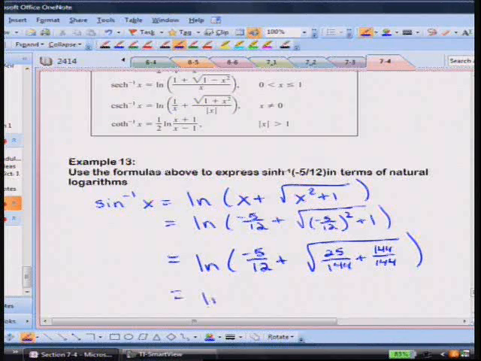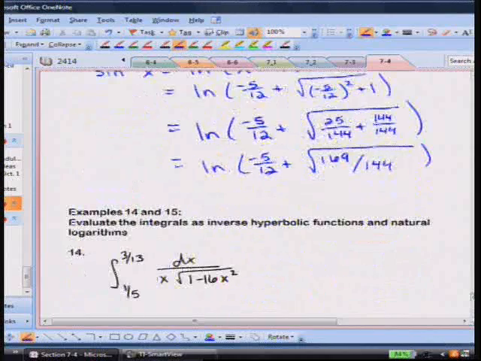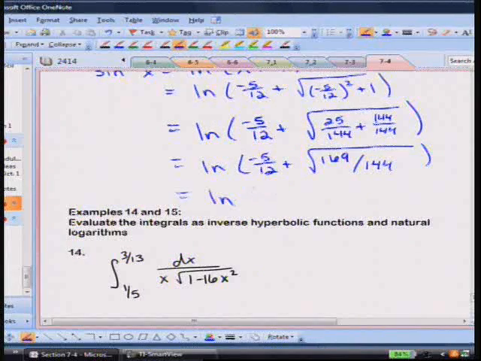So this is the ln of negative 5/12 plus the square root of 169 over 144, which is equal to the ln of negative 5/12 plus 13/12,